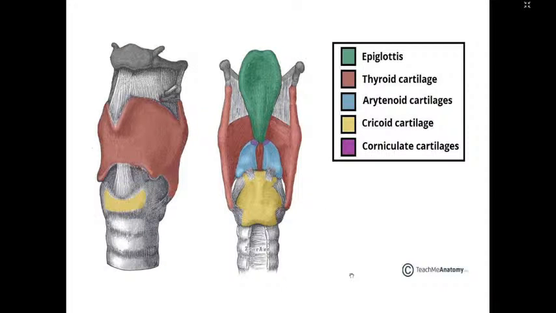Now see, color wise very nicely the author has defined. Green, this is epiglottis. Posteriorly you can see, anteriorly you can't see epiglottis because it is inside. Okay, so this is the thyroid cartilage. This maroon one, thyroid cartilage. It is a major main cartilage. Then blue one is an arytenoid. So I said they are behind the thyroid cartilage.